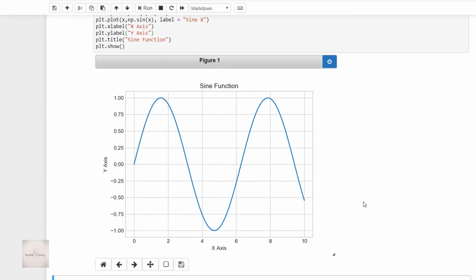Yes, here we got the output. Now, when I hover my mouse on this plot, you can see that the values of x and y are changing. That means we can get the value of any point on the plot instantly. And along with this, we can also zoom the plot. See?